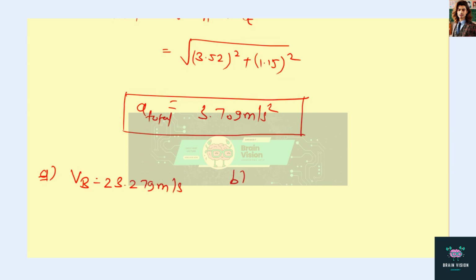So in the first part our answer is that the velocity at point B is 23.279 meters per second, and for the second part the total acceleration will be